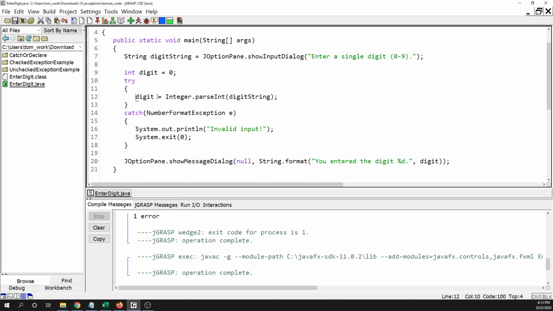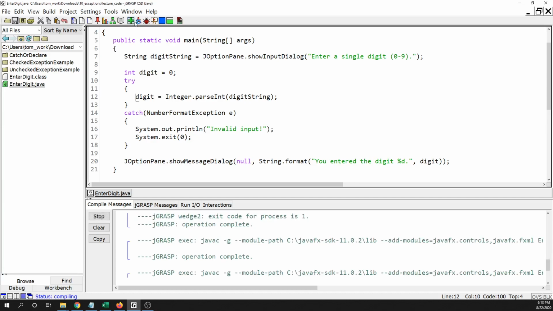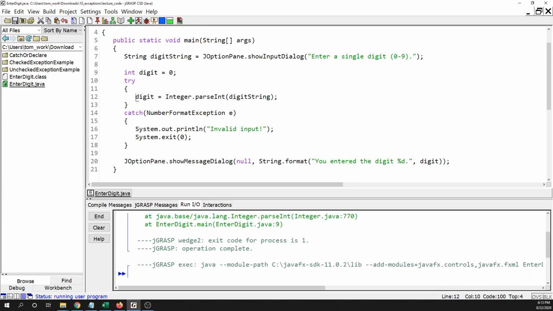All right, again, that is very typical of something that you would have to do when you're adding this try and catch block in there. You might have to move the variable declarations before the try block if you want to use those variables later on in the program, later on in the method. All right, so that compiles. Let's run it, and we will see that